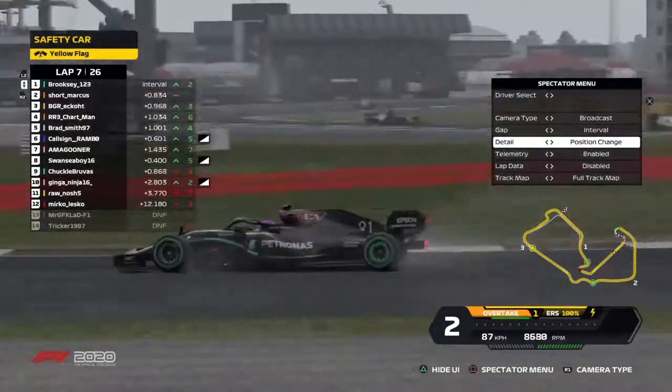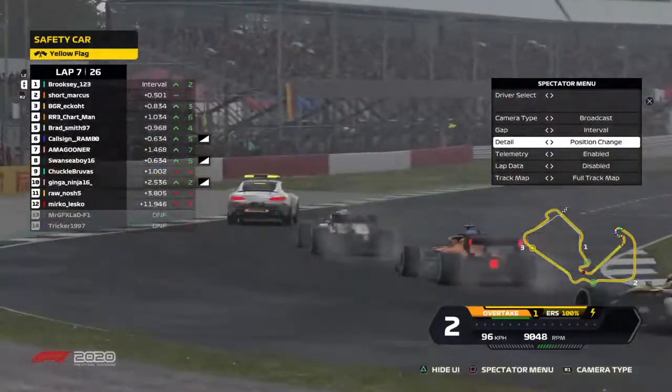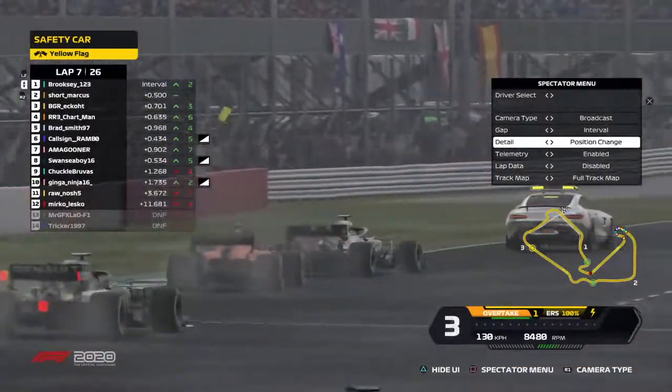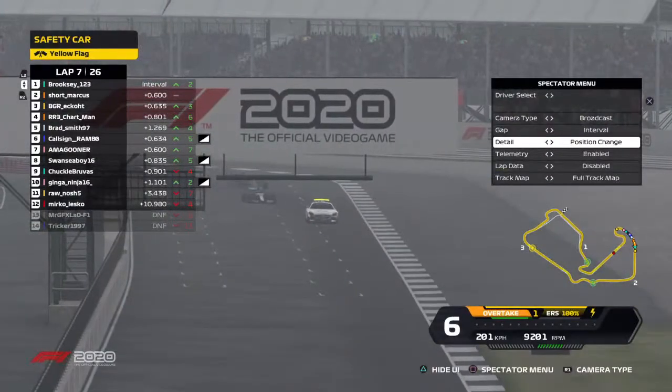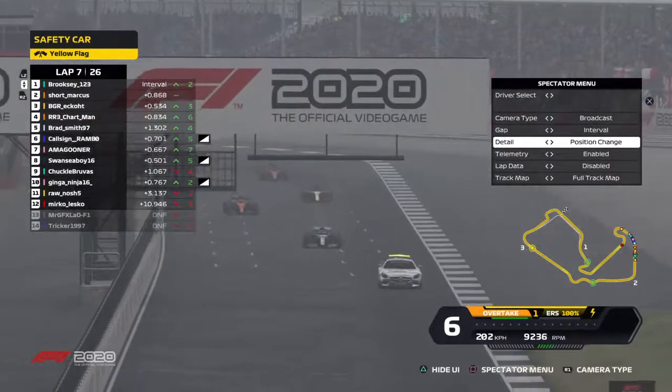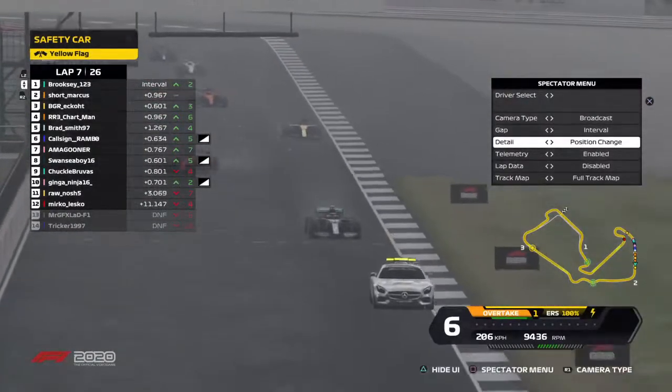Well, yeah, we see Ginger Ninja getting a 3-second penalty under the safety car. Wonder what that's for. Yeah. In this lap, if Mirko hurries up and gets to the back of the pack,